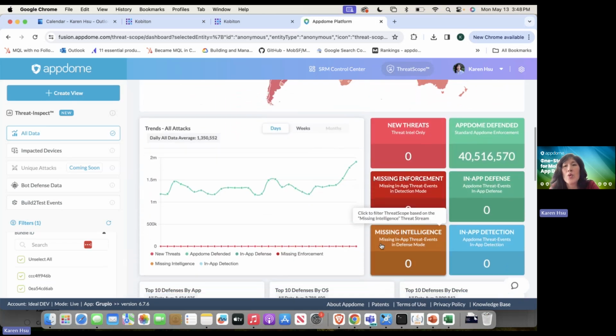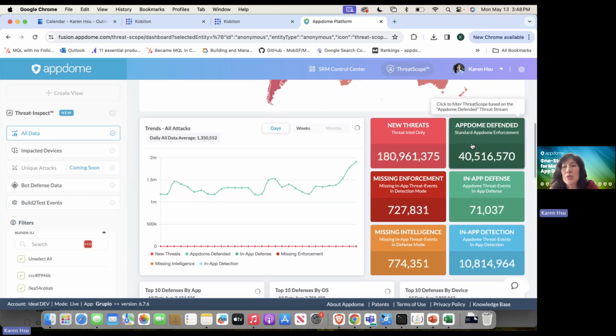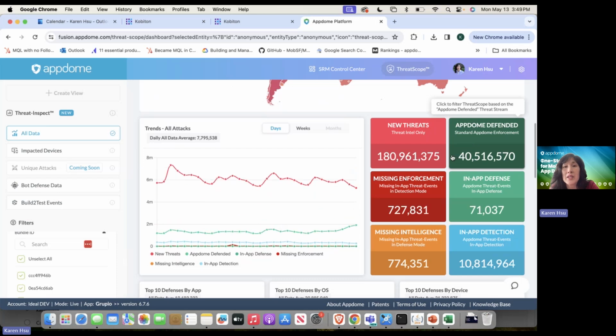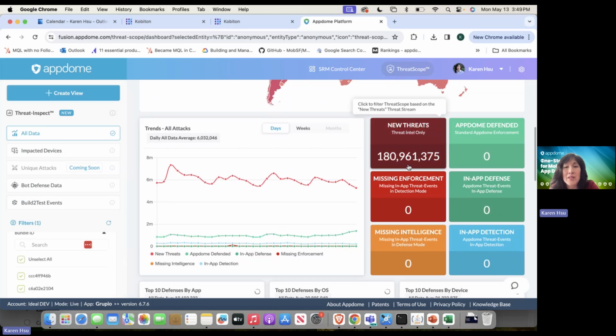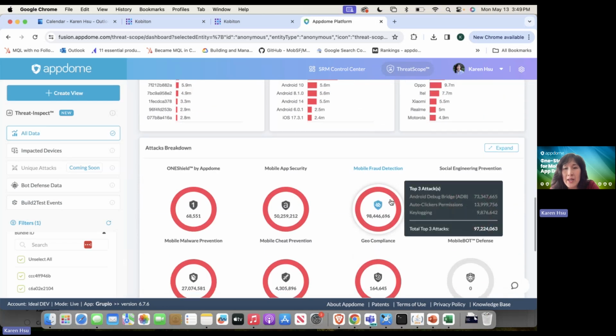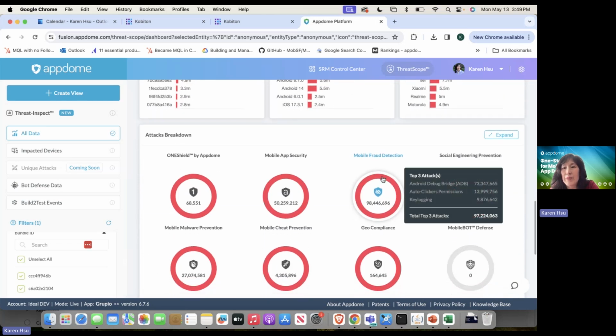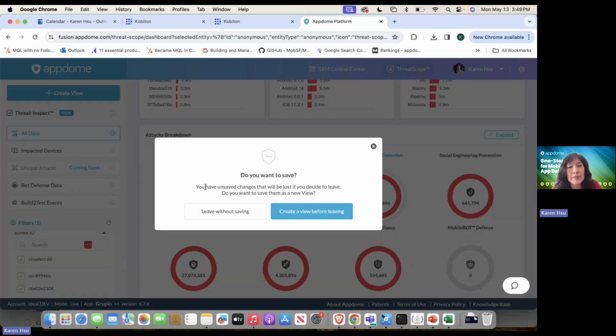I can see all the attacks that Appdome has defended against, but I also can drill down into the attacks that we have not yet defended against because they're new, or my organization has not decided to protect against these threats yet because they weren't deemed as critical until now, where I can see that Android debug bridge has become a much larger issue, for example,